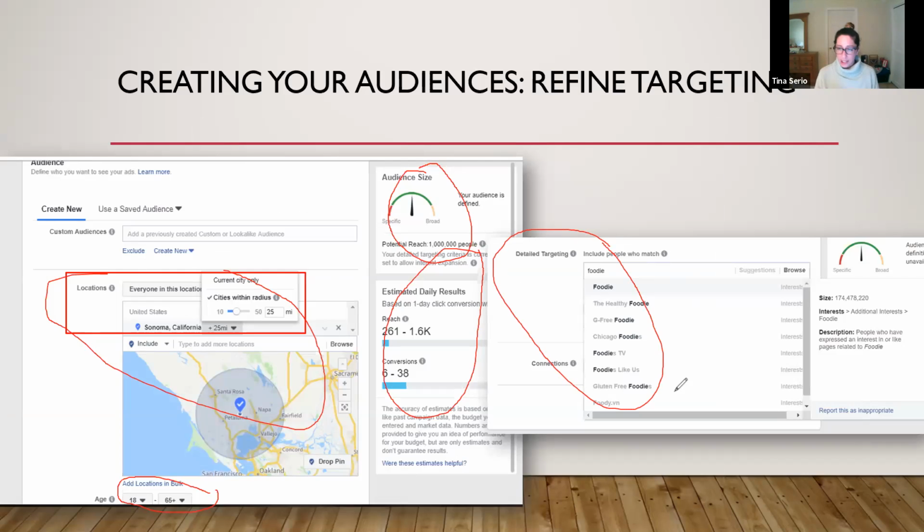Just remember, we're playing around with this. As you layer on this additional targeting, your audience is going to get smaller and smaller. If you remove your custom audience and or your lookalike audience from the mix, it's going to make your audience size bigger and just focus on some of these other targeting options. So just play around for 5 minutes.